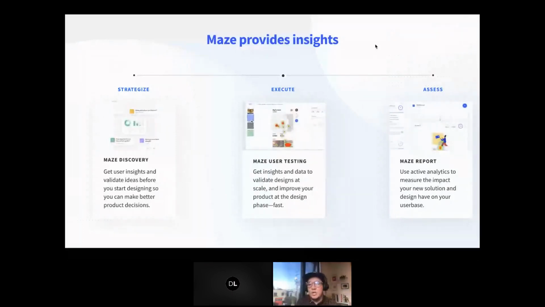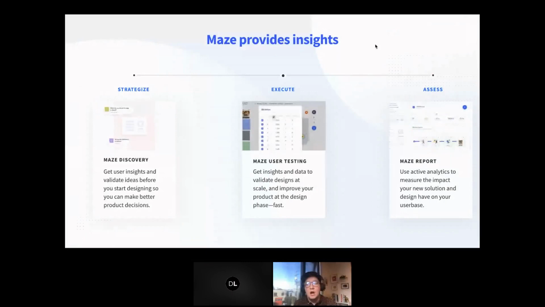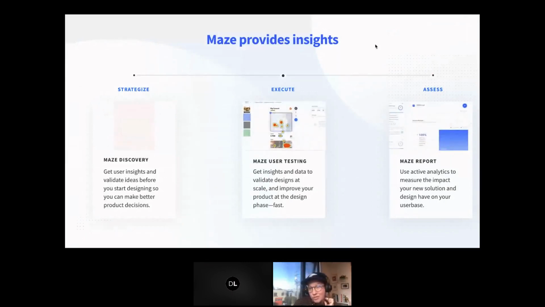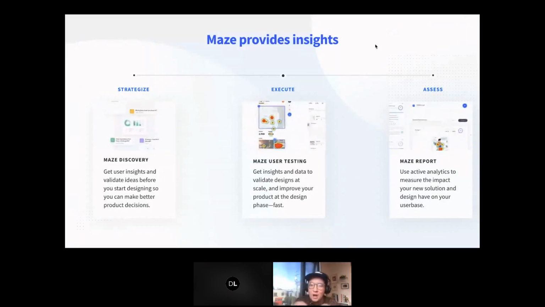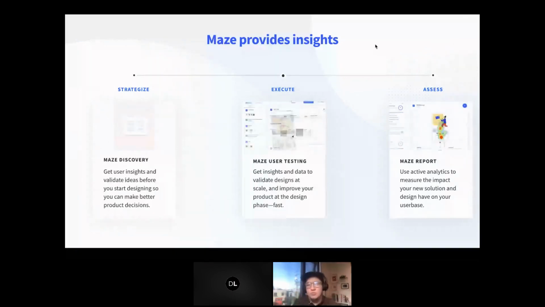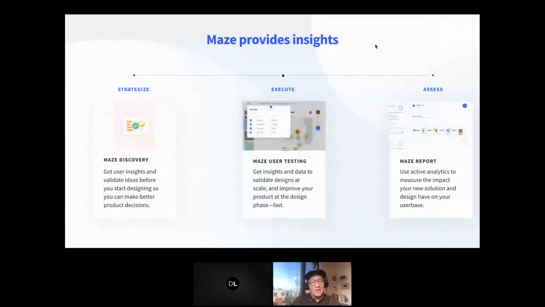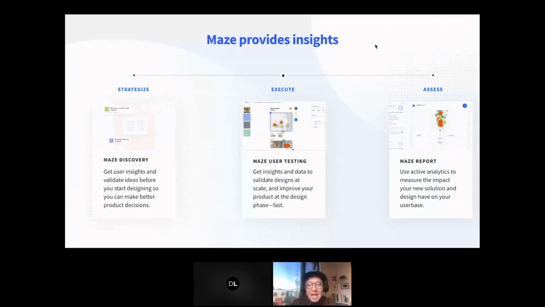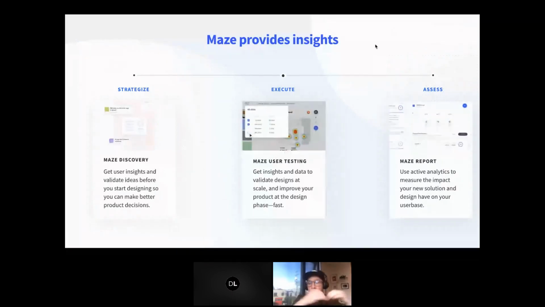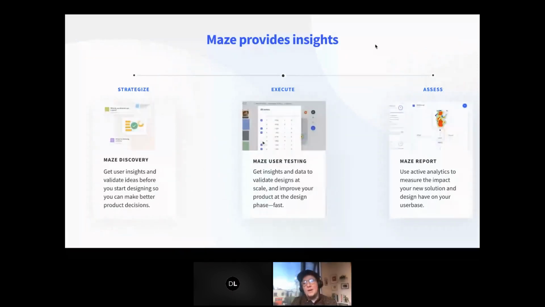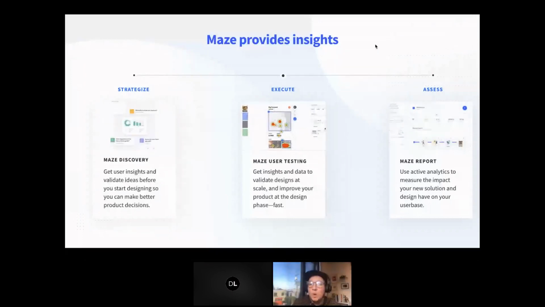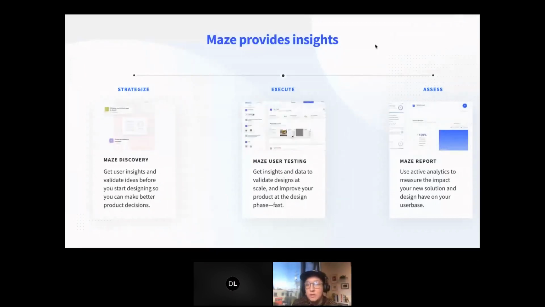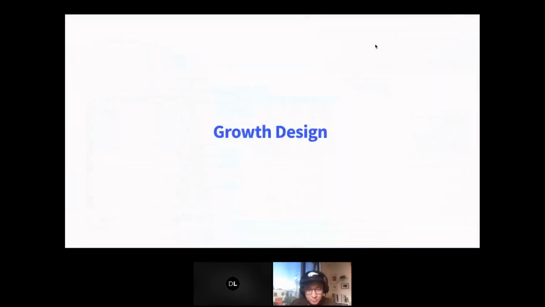So the Maze report is able to generate these insights not only in a user intuitive way, so it makes data more accessible, because oftentimes as designers, or even just general individuals, we don't necessarily always love math. I think that's maybe a unique attribute sometimes when folks really love data. It's oftentimes messy, it's hard to work with, it's hard to extrapolate insights, it's unreliable. And so Maze allows this to be not only achievable at the beginning of the process, but to actually make sense of what you're able to achieve, what you're able to garner through data.